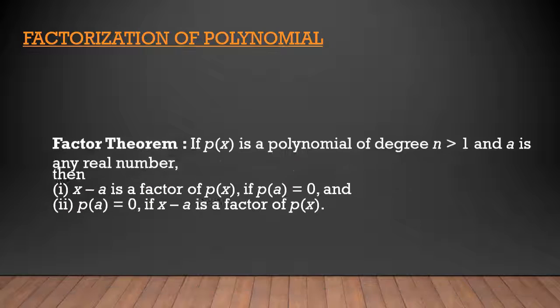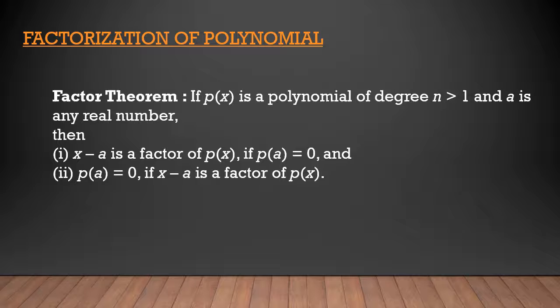So now we have seen the remainder theorem, now we will see factorization of polynomials. Factorization of polynomials means to write a polynomial in the form of factors. Factor theorem: if p of x is a polynomial of degree n greater than or equal to 1 and a is any real number, then x minus a is a factor of p of x if p of a equal to 0. So by remainder, let's say x minus a equal to 0,